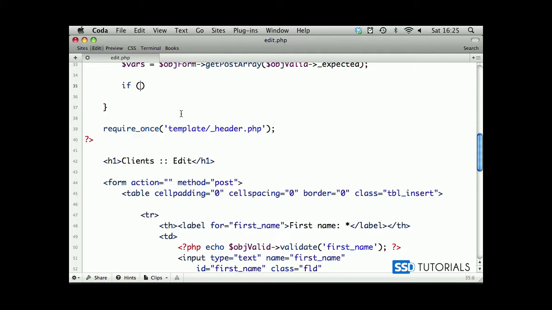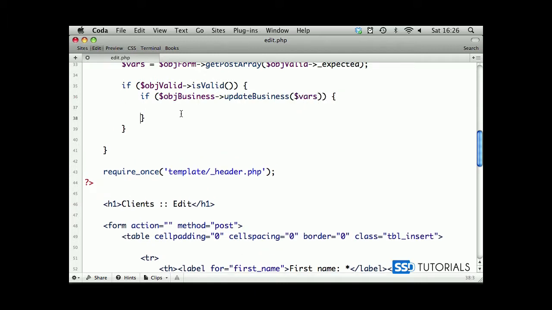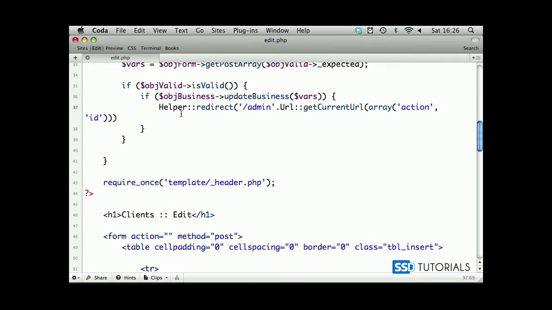and now we simply check if object valid is valid, then we are going to use an if statement, object business update business, and we pass in all of our vars variables populated from the form basically, and then we do helper redirect to /admin concatenated with URL get current URL, and we're going to be removing action and ID, we want to be removed from this URL. Okay, so that's it. Then we concatenate this with action equals edited,